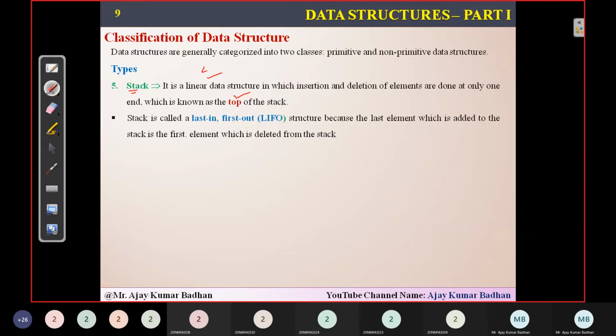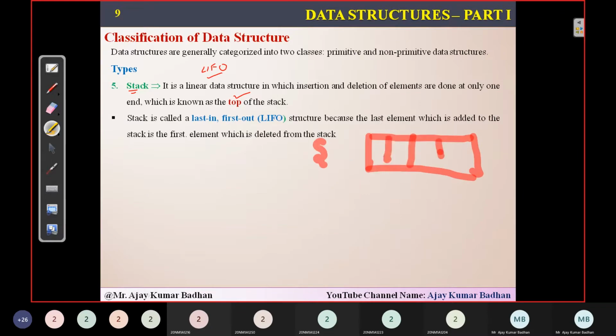The last element which you have inserted will be the first element coming out. It is something like this. This is a stack you have. It has blocks 0, 1, 2, 3. Now you are inserting elements.